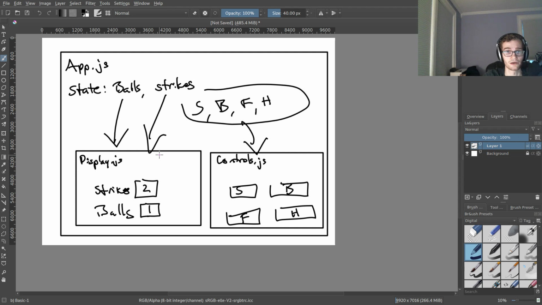Does it matter how I have that state stored from the perspective of me manually testing it? No, it explicitly doesn't. Because the idea behind my testing is I write these tests that say what the correct behavior is, not what the correct implementation is. That way, if down the road, let's say this was an old class-based component, and now